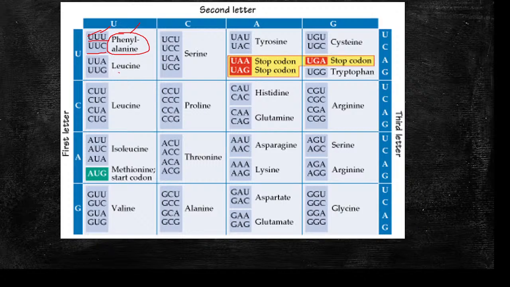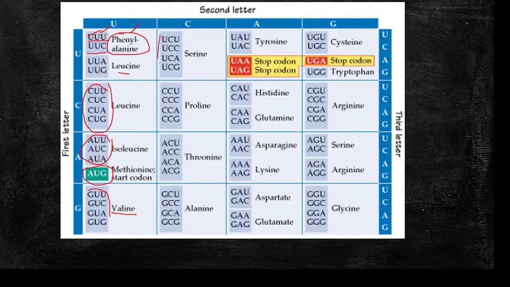UUA and UUG code for leucine, and these 4 codons again code for leucine. Okay. 3 codons code for isoleucine, these 3. And AUG is the start codon, and it always codes for methionine. When the ribosome running through the mRNA comes across AUG, the translation process begins. GUU, GUC, GUA, GUG code for valine,